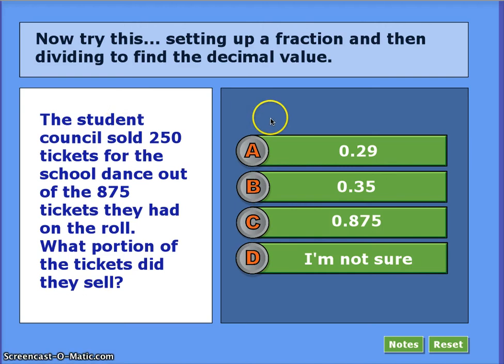Okay, so on the assignment that you're going to do, you're going to tell me setting up the fraction and dividing to find this decimal value. The student council sold 250 tickets out of the 875 tickets they had on a roll. What portions of the tickets did they sell? You're going to do this one to prove to me whether you understand. This is going to be 250 out of the total 875. And we got to find which